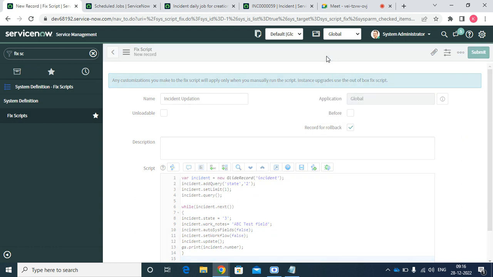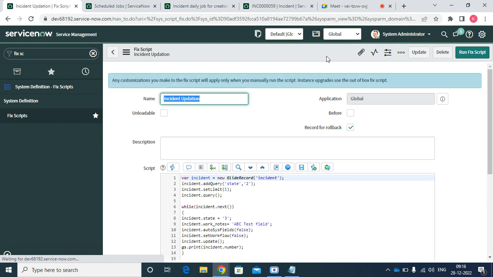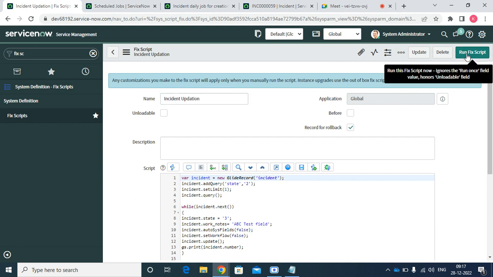So the difference between the schedule job, a background script and a fix script: background script, whenever we want, we can write a script and execute it. Schedule job, we can write a particular script that you want to execute daily, monthly or weekly. And this fix script is used to execute something in a particular scenario. Now, if you run fix script,